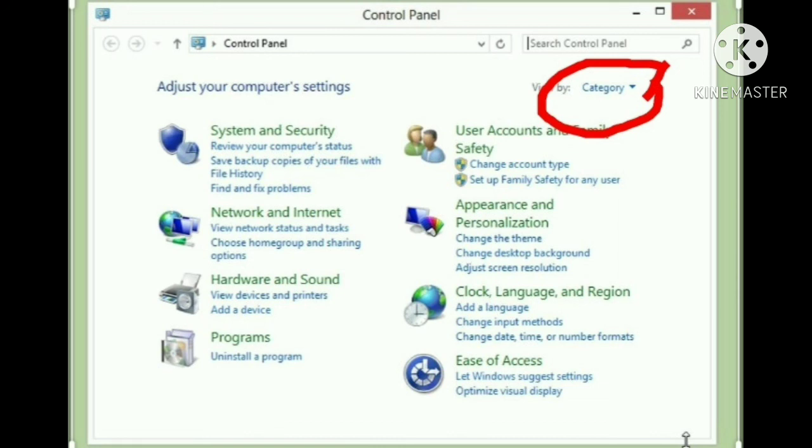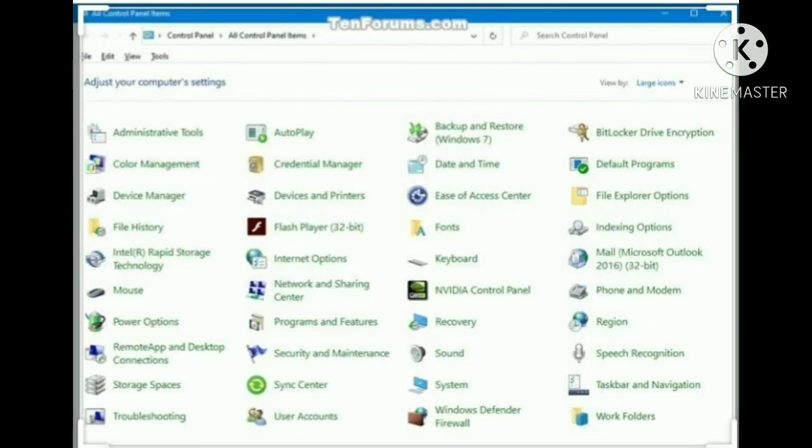The categories are seen if the user uses the default view. The category view consists of categories which, when clicked on, display the control panel applets related to the category. In Windows Vista, the categories list applets below the name of the category.